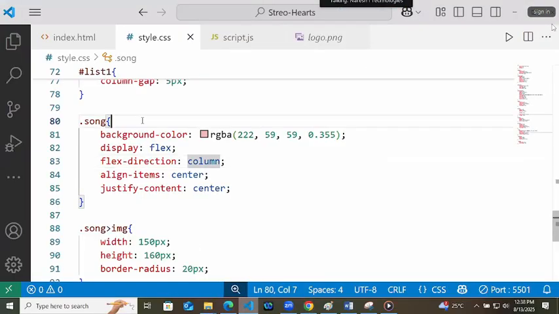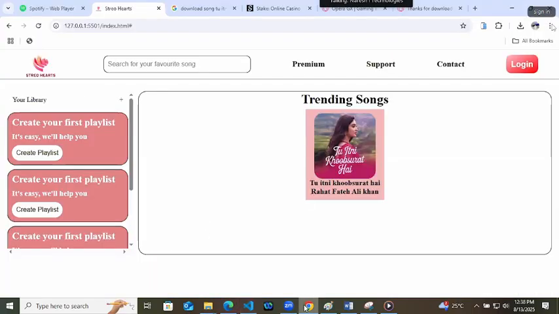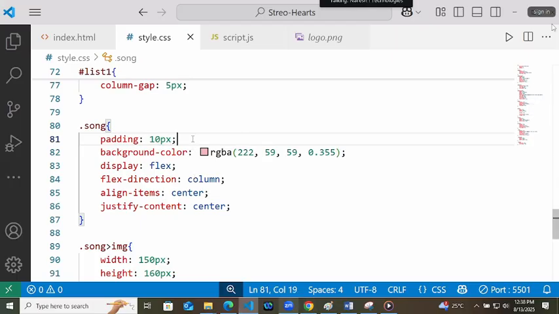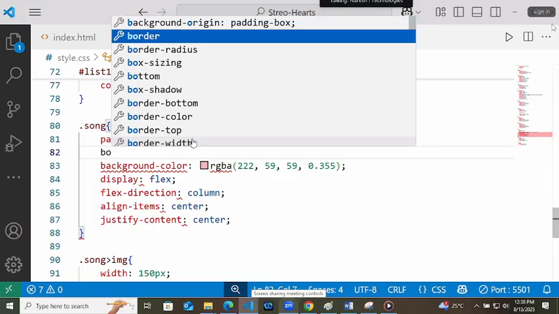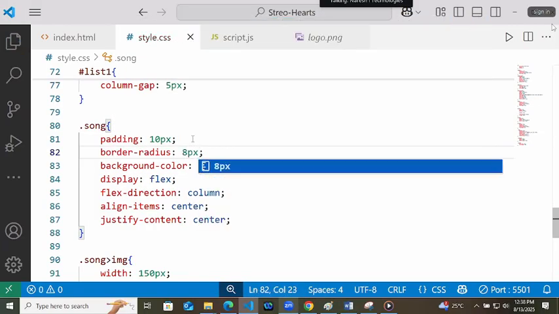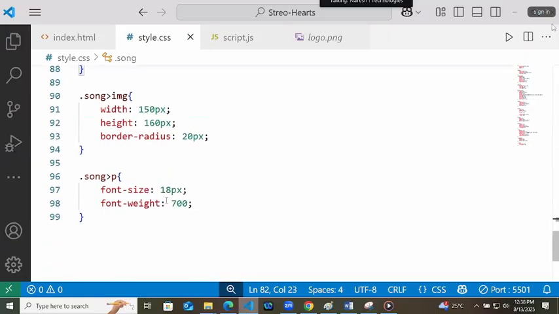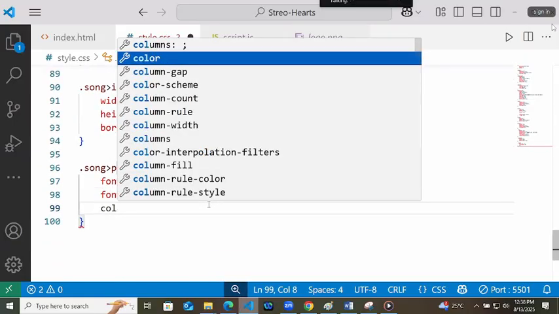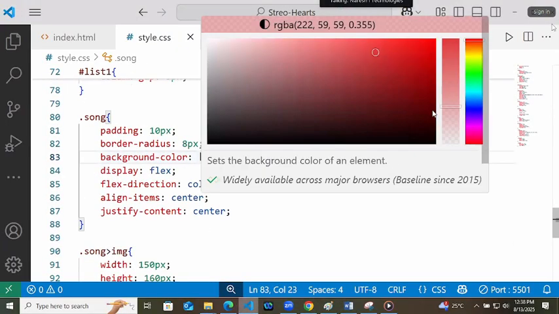Give padding to it, padding of 10 pixels. And this container will also have a border radius. This CSS write only one time, give to all the containers. Text color we should keep white. And the opacity of red you can increase somewhat.